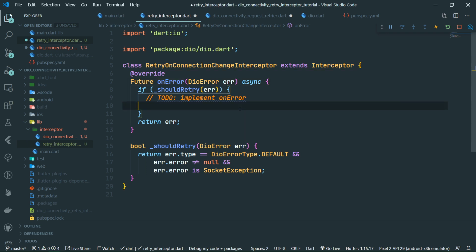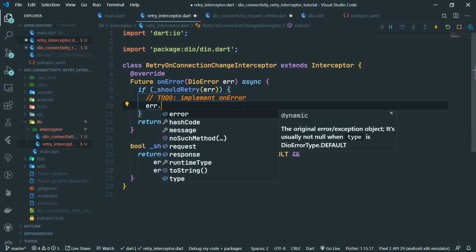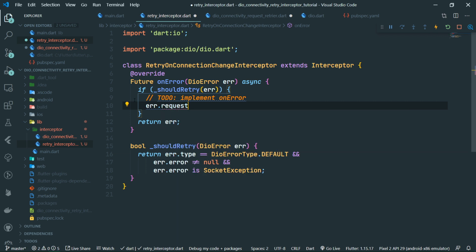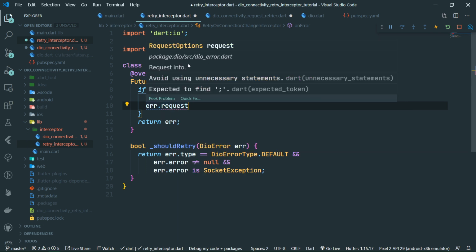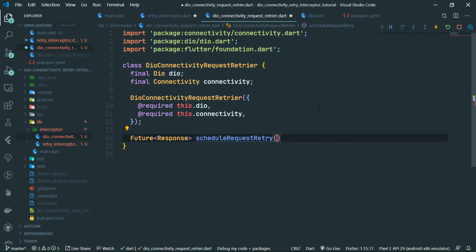Well, we can take a look. The error object actually holds a very handy field, request, which represents the failed request, and this is of type RequestOptions. So this means that our request retryer needs to take in RequestOptions, and is also going to